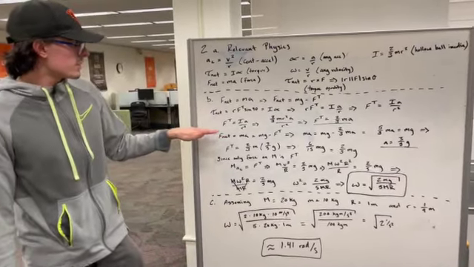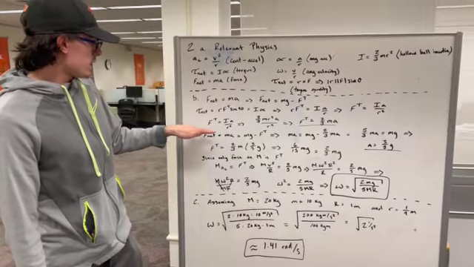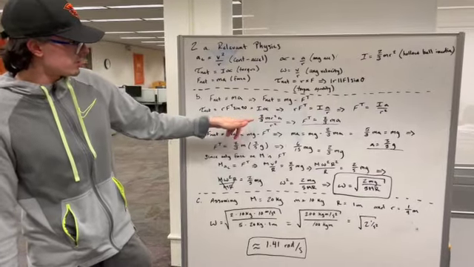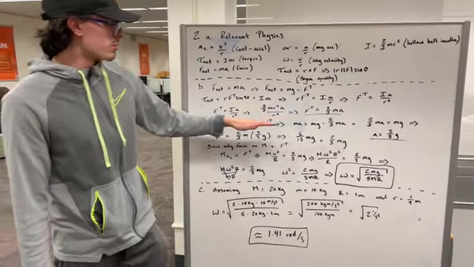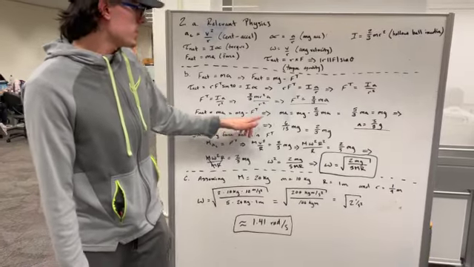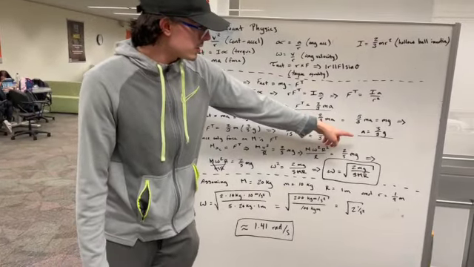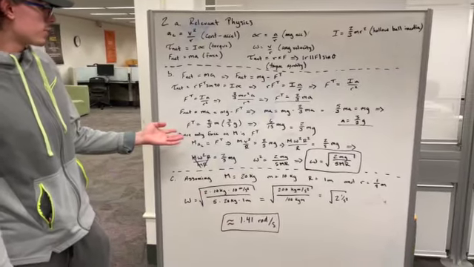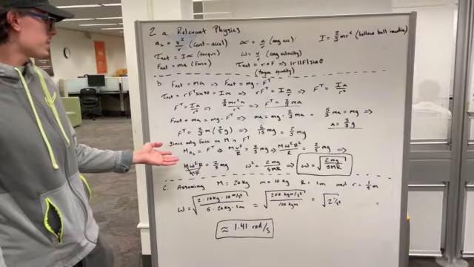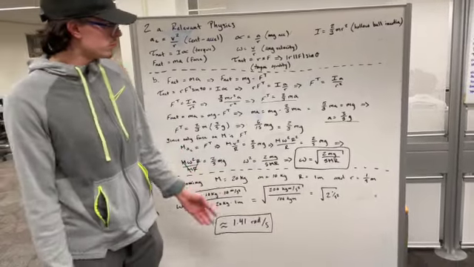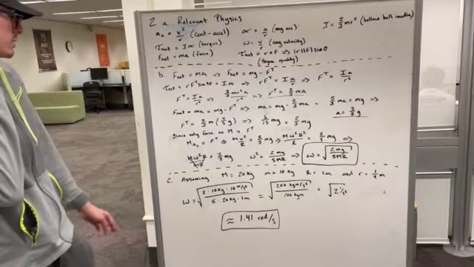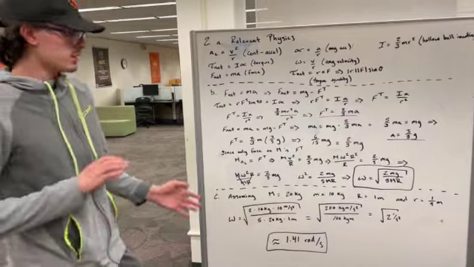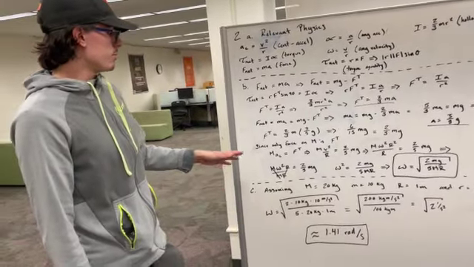And then we plugged that in with the inertia of the hollow ball about its center of mass to derive an equation that would ultimately get us that the acceleration is equal to 3/5 gravity. When we plug that back into the force of tension equation, we're able to determine that the force of tension is equal to 2/5 mg. Since the only force acting on M is the force of tension that's pulling it along the surface, we know that